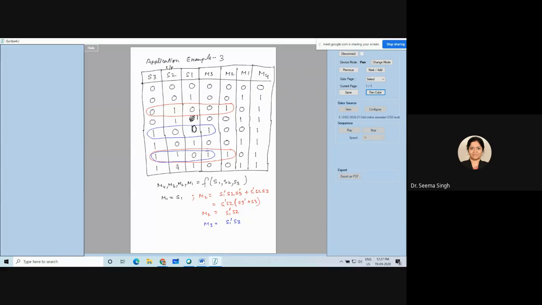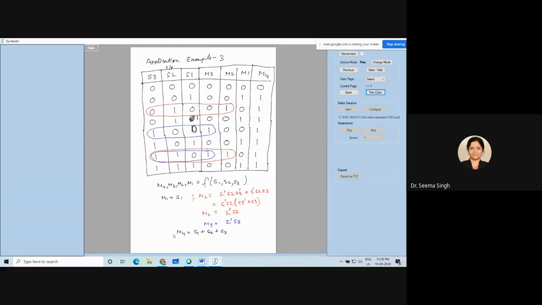Now coming to your last equation, M4. What does M4 say? Ma'am, S1 or S2 or S3. You have seen in your problem that M4 will be running if either S1 is sensing product, or S2 is sensing product, or S3 is sensing product. If the product is not available in 2 and 3 but S1 has it, it will run. If either of the others has it, it will run. So M4 will keep running all the time when the product is available in S1, S2 or S3.